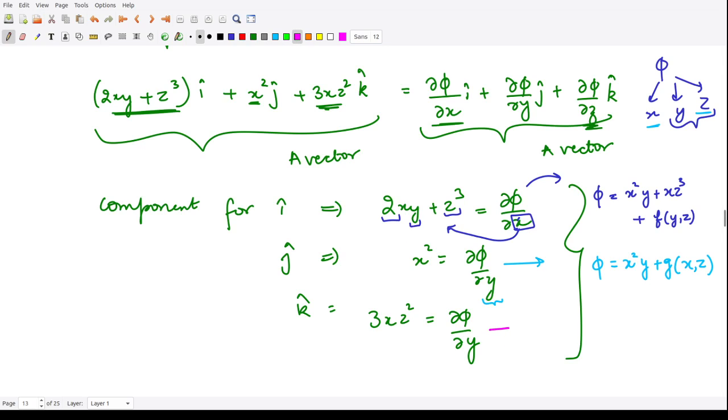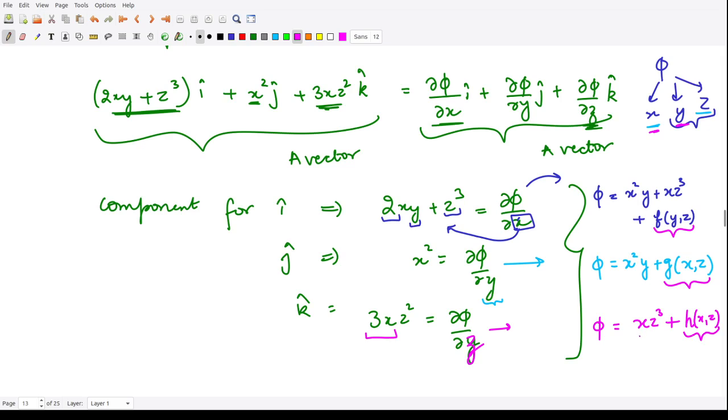And for the third case, when you integrate this, you will have φ equal to, now you are integrating with respect to z, right? So these would be treated as constants, so it would be x into z³, plus the constant of integration, which would be another function consisting of x and y, because we are treating them as constants. So you obtained these three equations. Now we are to determine, by looking at them, what these constants are.